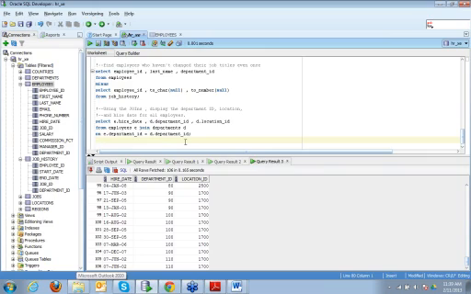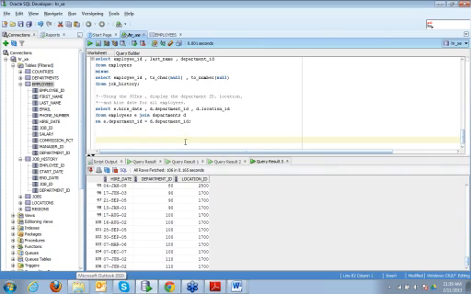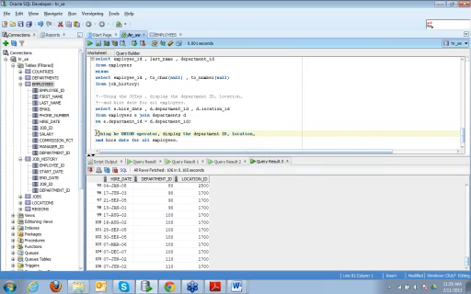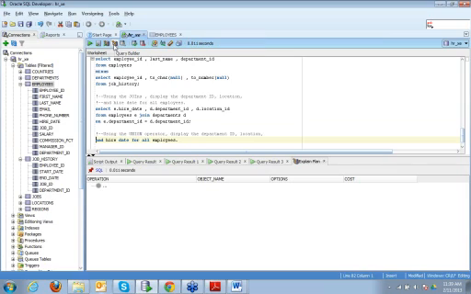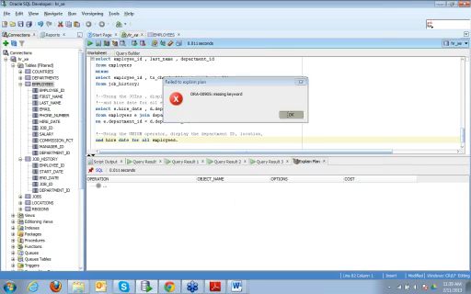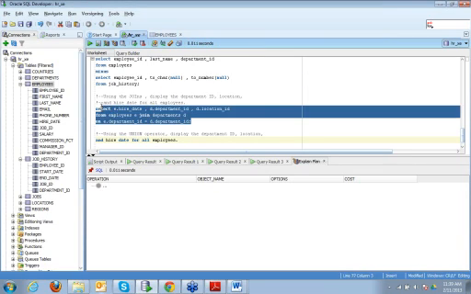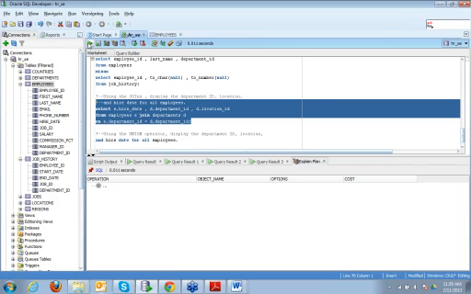And let us do the same thing using set operations. And for this query, let's see what the cost was. Let me run this again.